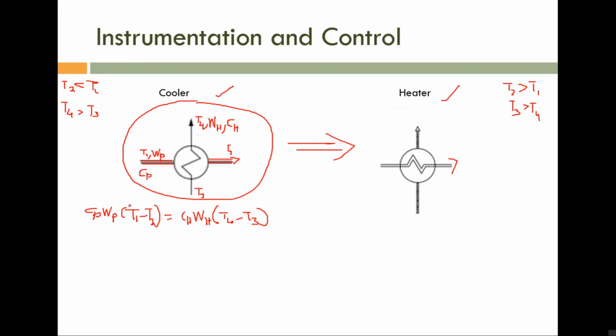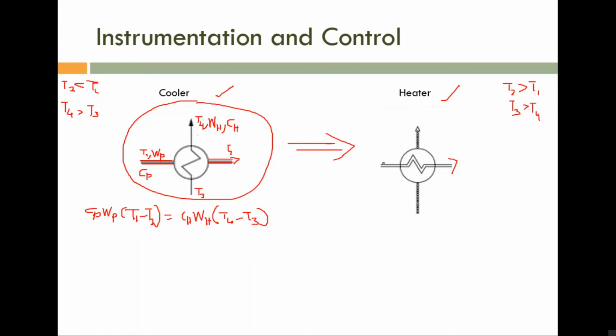Actually, it will not matter, because if you are changing the sign, you are changing the position of these two, and here also we are changing the position. It means we can use the same equation indirectly. But if you are deriving the equation, then here it must be T2 minus T1, and here we need T3 minus T4. So for the heater also, the number of independent variables is 6, and the number of process equations used to represent the heater is 1. So the degrees of freedom is 5, which means we can implement a maximum of 5 independent control loops. Okay, that is the first thing.